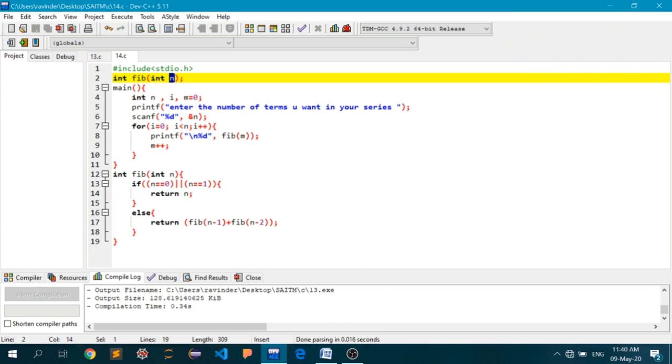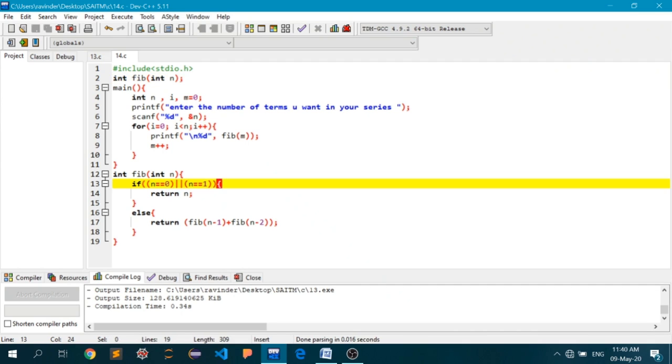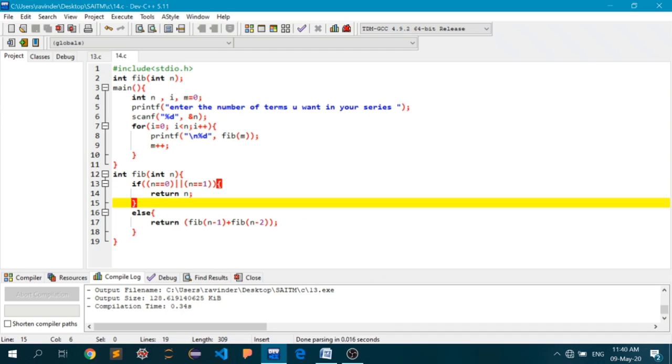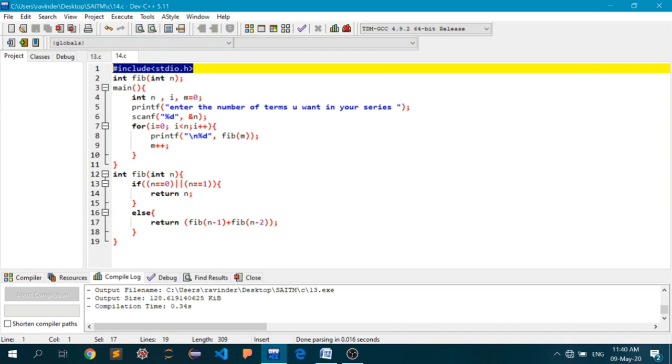I will not type the complete code here again, because it will take much time. So we'll try to see what we have actually defined in this particular code. First things first, we'll include the standard input output library, stdio.h. That is very standard. You must be familiar with it by now.